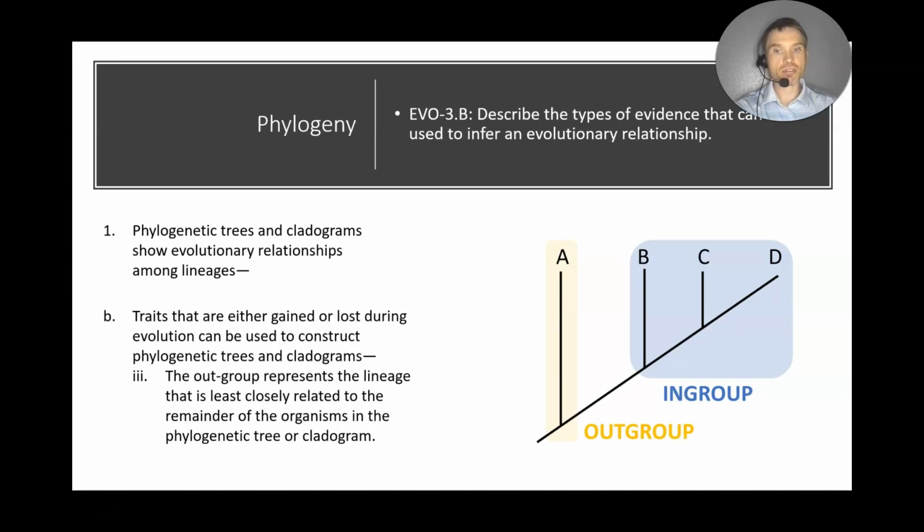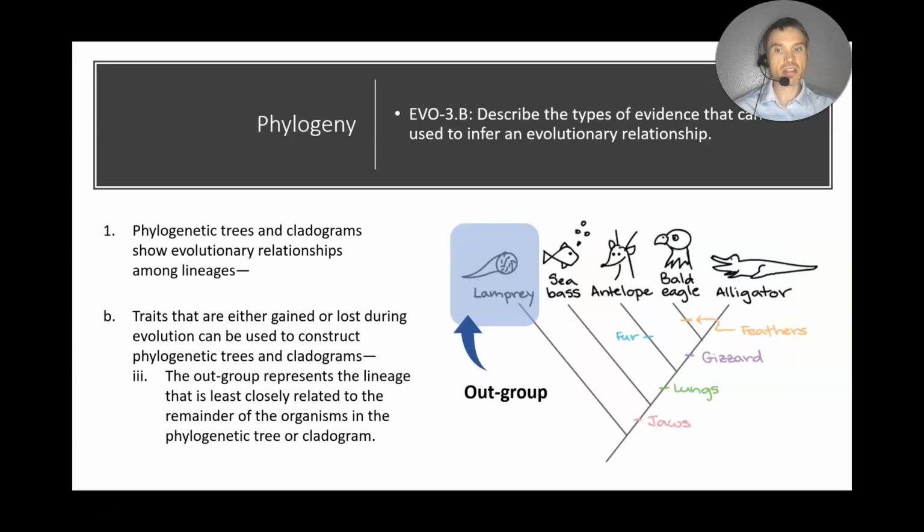The next thing is the outgroup. So the outgroup is represented as a lineage that is least closely related to the remaining organisms in the phylogenetic tree or cladogram. So you can see in my diagram right here, we have the outgroup represented by the letter A. B, C, and D are considered to be the in-group. So A lacks the characteristics, traits that B, C, and D all share. The outgroup in our example was the lamprey. The lamprey doesn't share any of the common characteristics that the other 4 organisms do. So be careful of the word